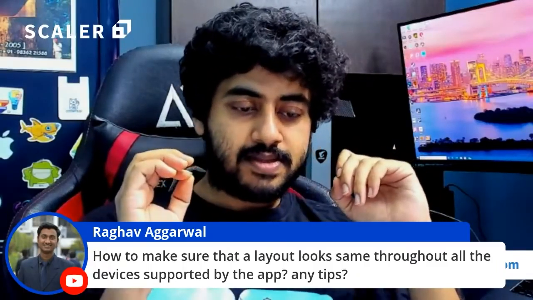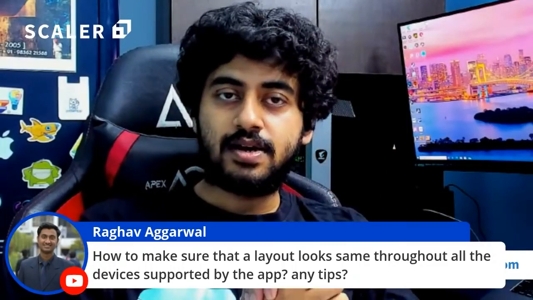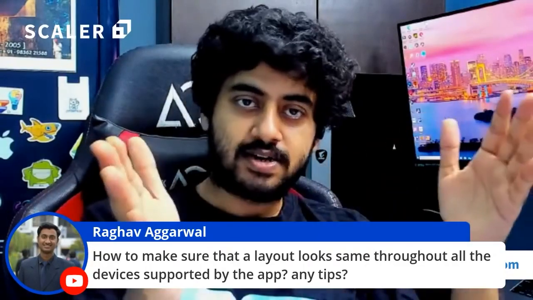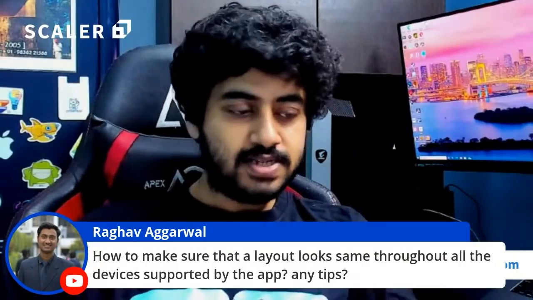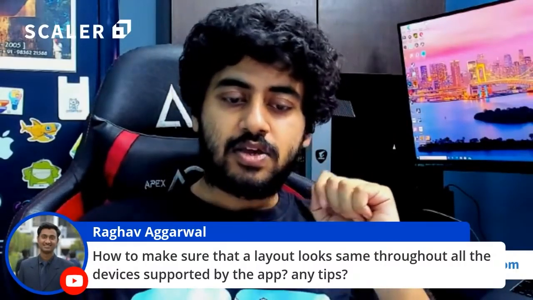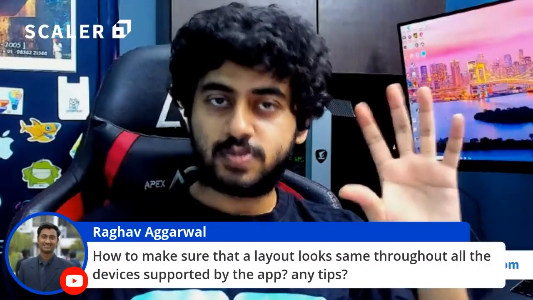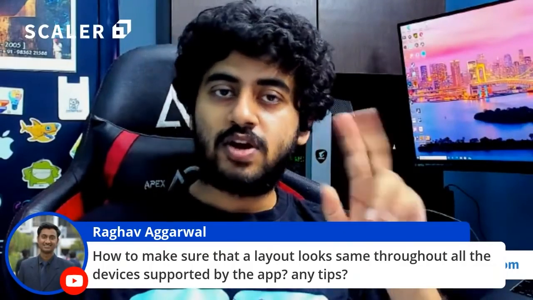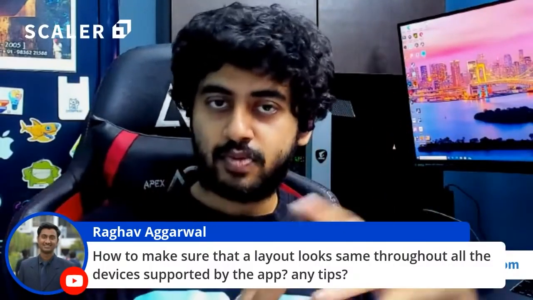Now, there is an old school thinking, which is you create a portrait layout and a landscape layout. Then in portrait, you create a certain width, certain height, these kinds of layouts. But the modern understanding of this is that you do what web developers do, how Bootstrap thinks about responsive layouts, right? So you might have two layouts for horizontal and vertical, right, landscape and portrait.